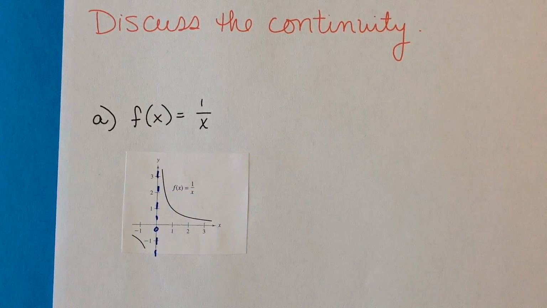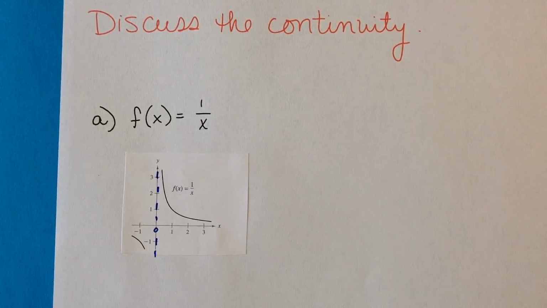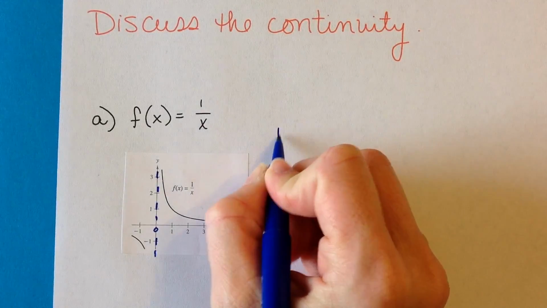Of course, they don't have it dotted in because it's right on your y-axis, but there is a vertical asymptote at x equals 0. So one of the first things we talked about was the difference in what they call a hole, a jump, a gap, and having a vertical asymptote makes what they refer to as a gap in your graph. So that would have to be a discontinuity. Okay, so when it says discuss it, this is what it would want you to write down as your answer. Just say that there's a discontinuity